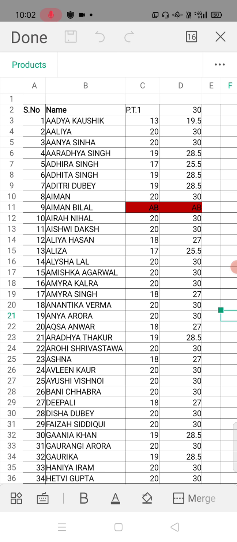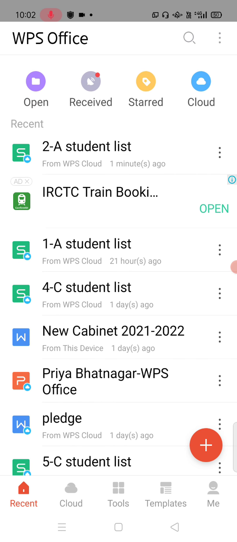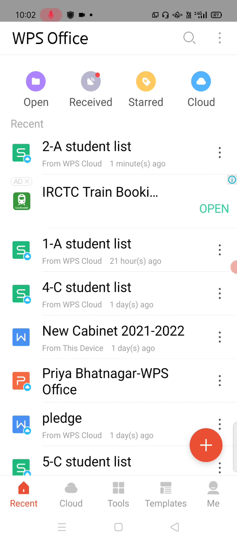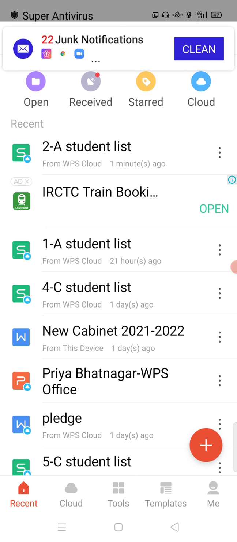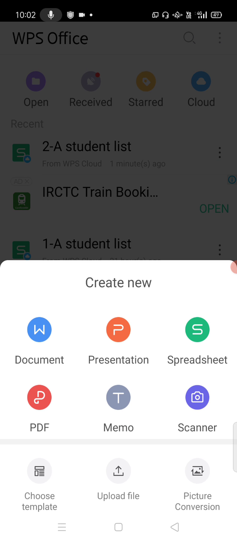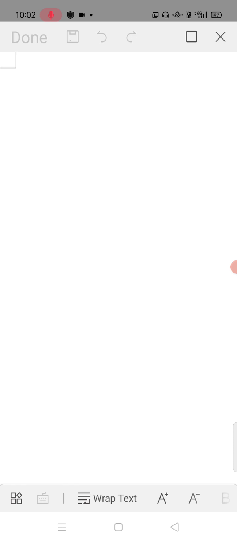While opening, if the sign in option is there, you have to click on skip option. Here I have already saved 2-3 files, and there is a list of files, so it will look like this. But if you are using it for the first time, then only the plus icon will come. Click on the plus icon, go to document, or whether it is MS Word, both are the same thing. Click on blank document, that is your plus icon.